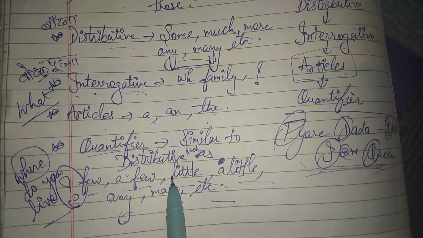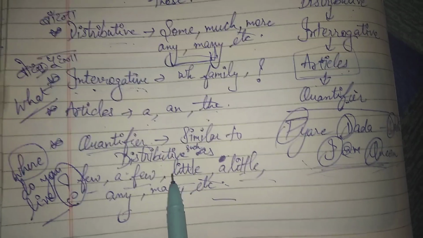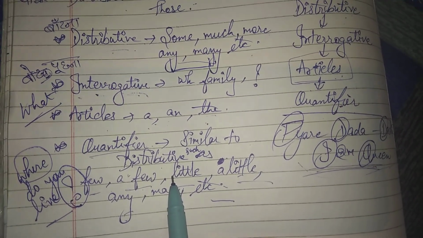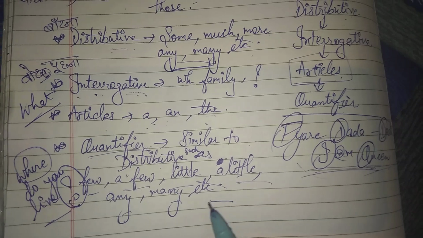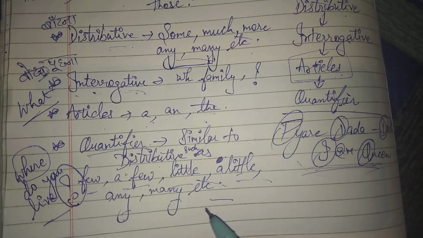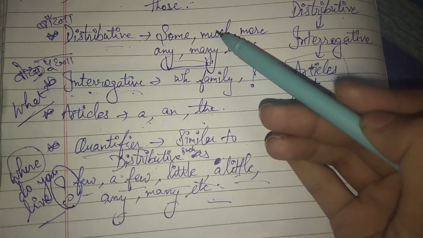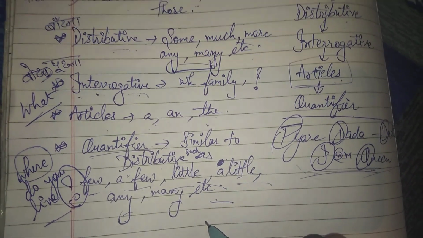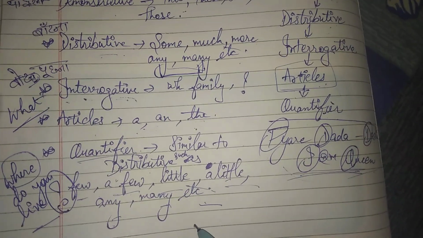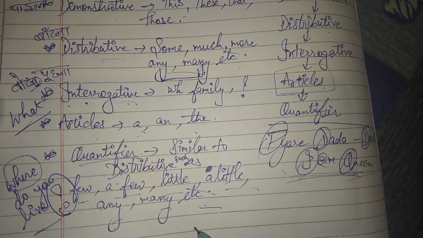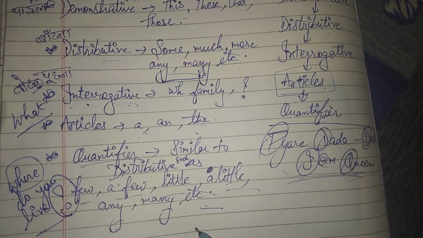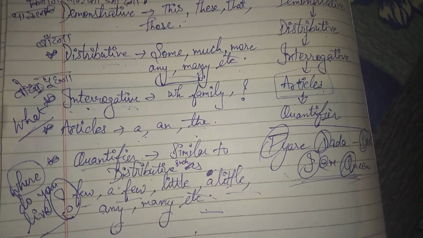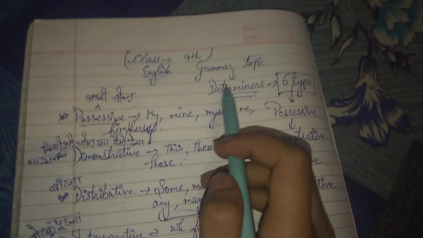So for example, give me some water, or how many students, which example I have given to you here, that is same as it is in this. So understood? I hope you will understand these types, and this is the most easy, and to keep these types of this topic in your mind,